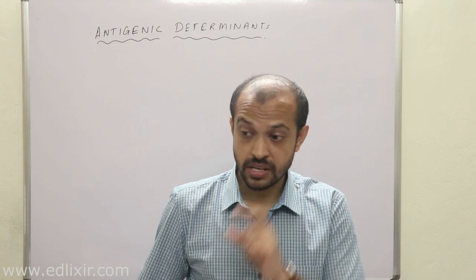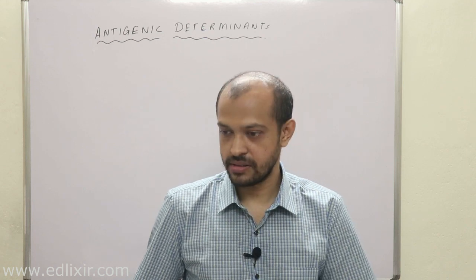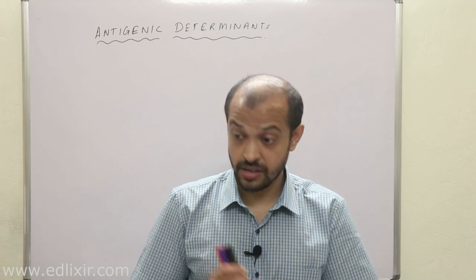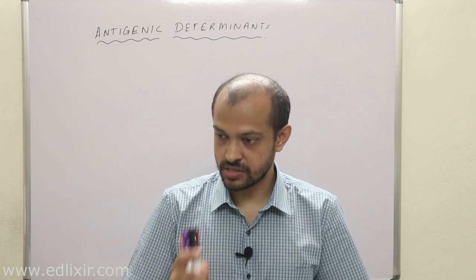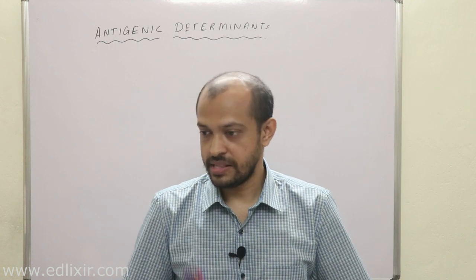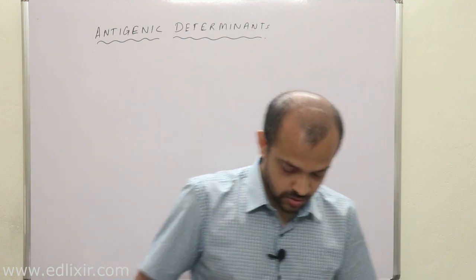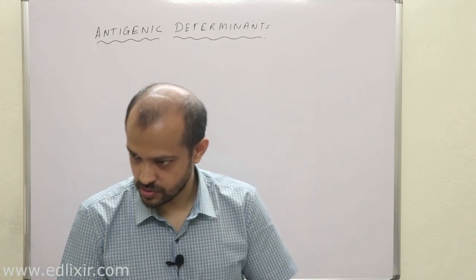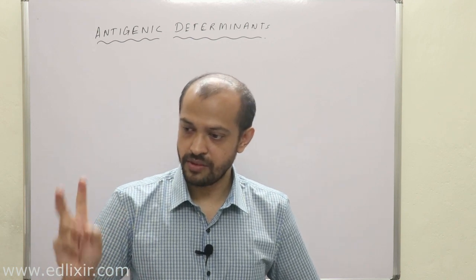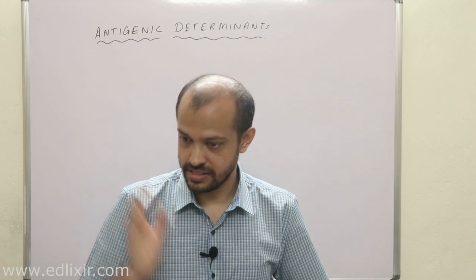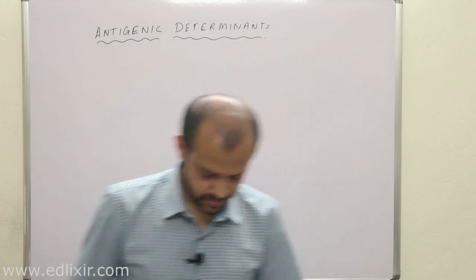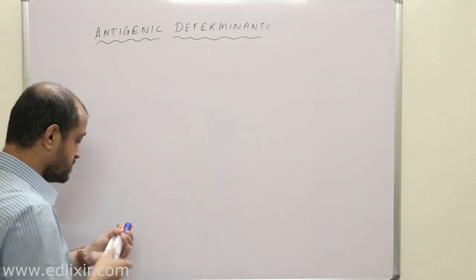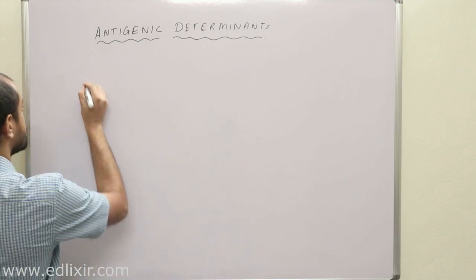But suppose the antigen is a carbohydrate, then even if you denature it, the carbohydrate has a fairly good chance of keeping its binding capacity with the antibody. That means we are actually talking about antigen antibody interaction with respect to carbohydrate, protein and fat antigens. Okay, now listen, whenever we are talking about antigenic determinants, we will first talk about conformational determinants.